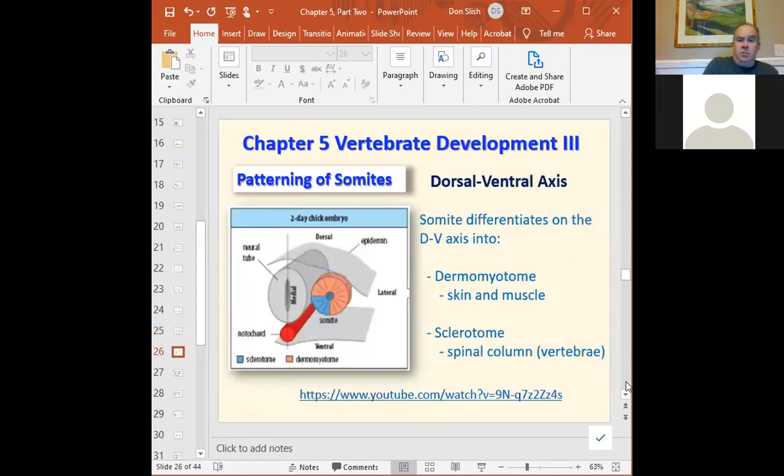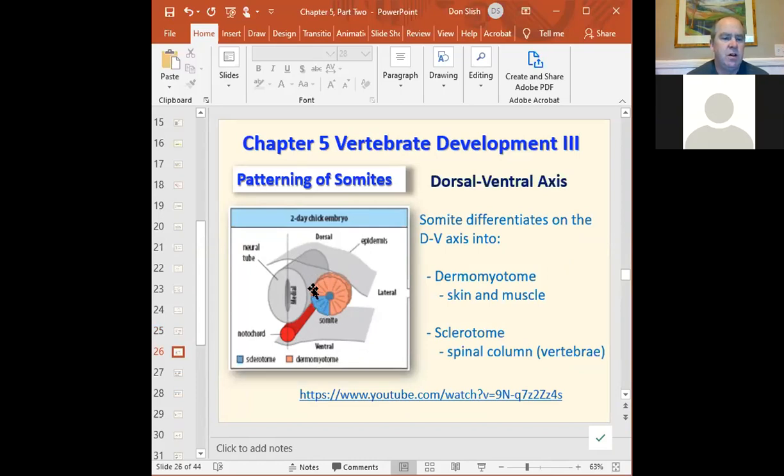More interesting, in my opinion, is the dorsal ventral patterning and the midline to lateral, medial lateral patterning. So here's your somite. This guy here is covered by epidermis, of course. Dorsal up here, ventral down here. Here's the notochord. So this somite then differentiates into sclerotome and